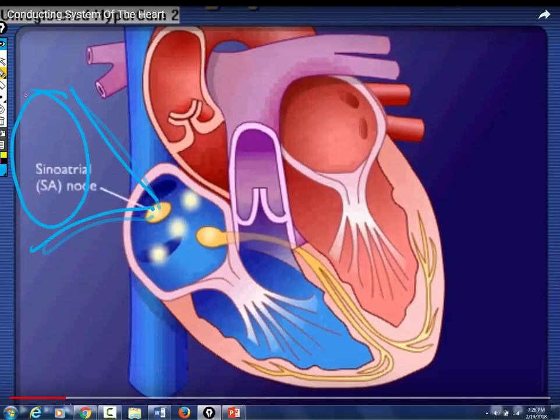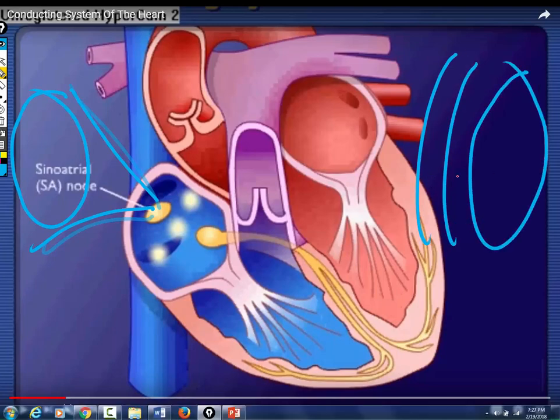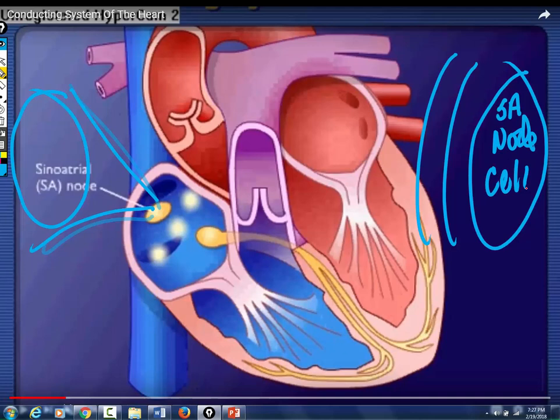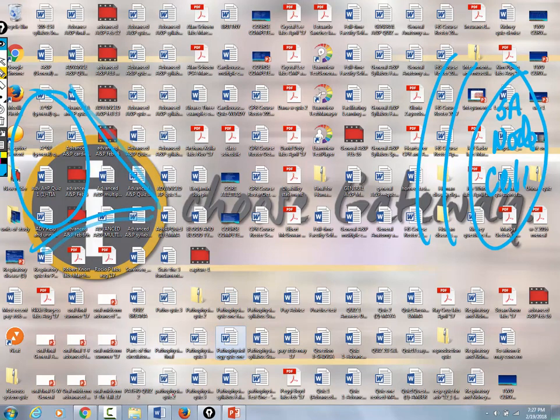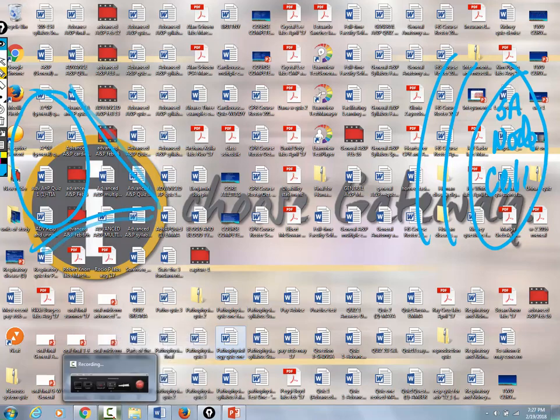So what I'm going to do is draw two curved lines in a circle, and this is going to be an SA node cell. You follow? All right. So I'm going to explain to you how these electrolytes move, and then the consequences of them moving too much,